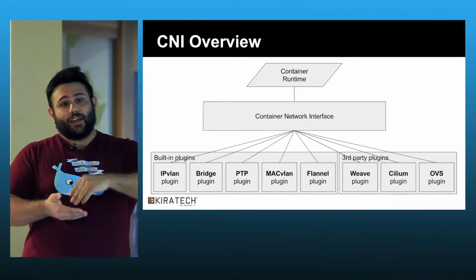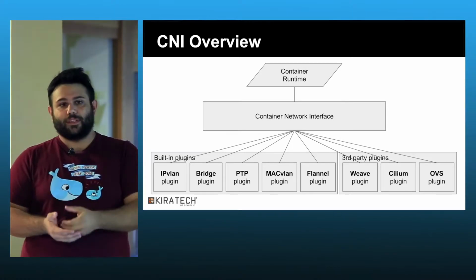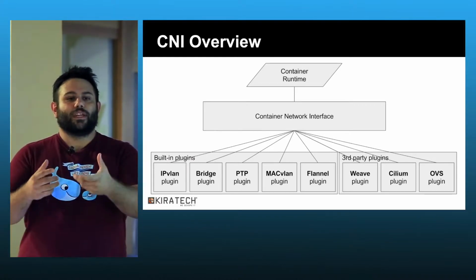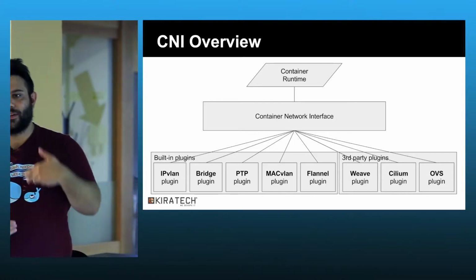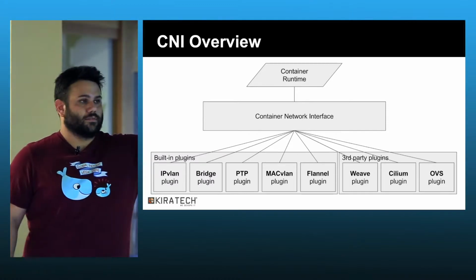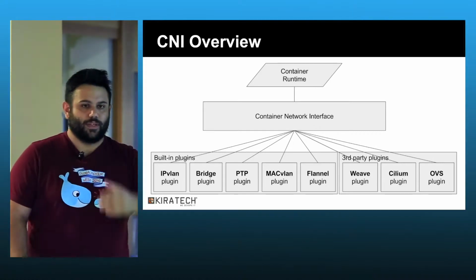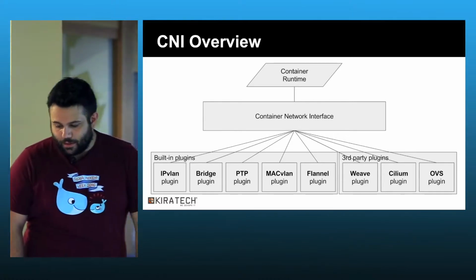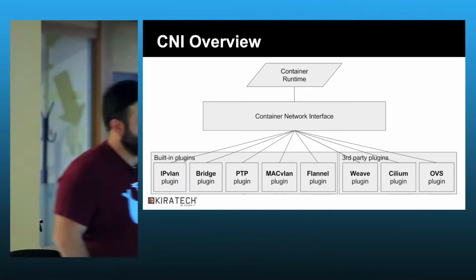So that CNI tool that I showed you before, which is the CLI tool, is just there so that you can actually use that tool to do the unsharing of the network, to put the networks in the containers. But usually runtime implementations are using the libcni, not the CLI tool. So there are a few built-in plugins, which are basically the basic implementation of networks.